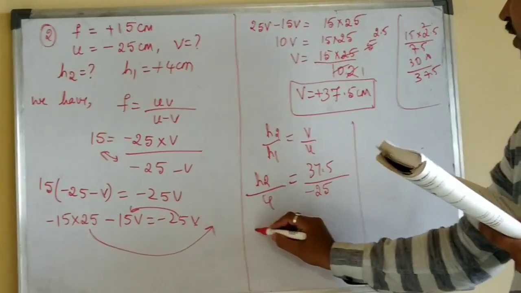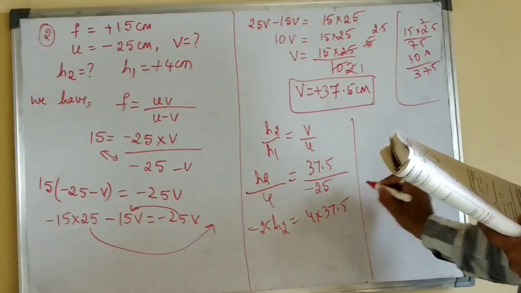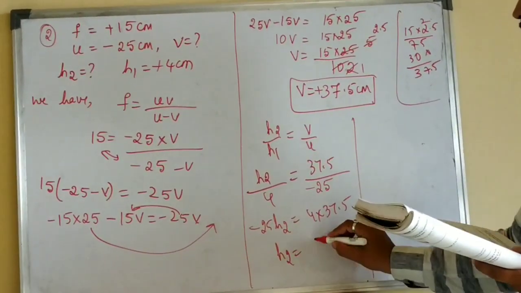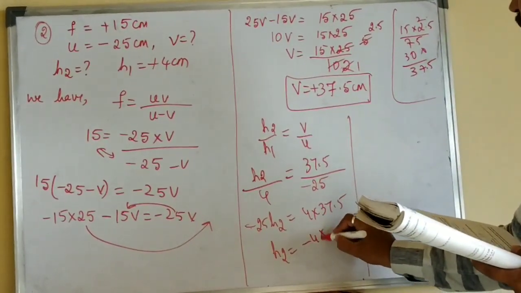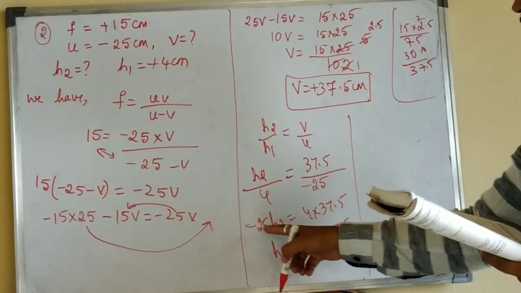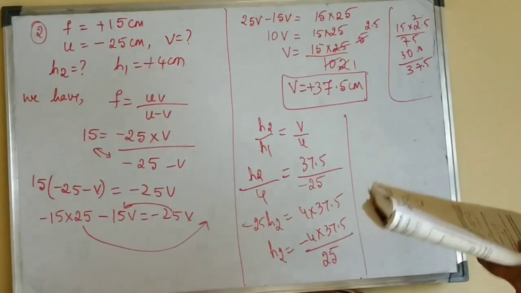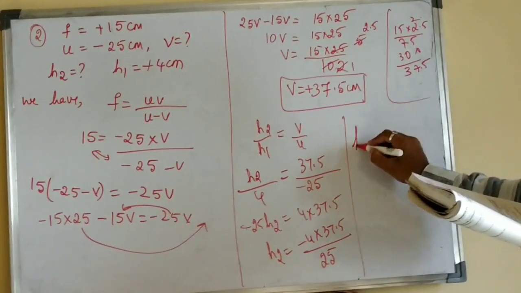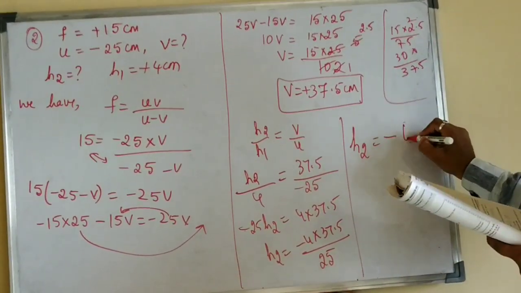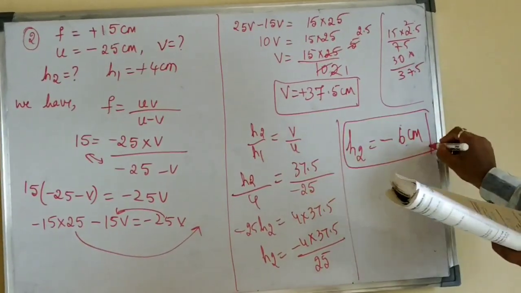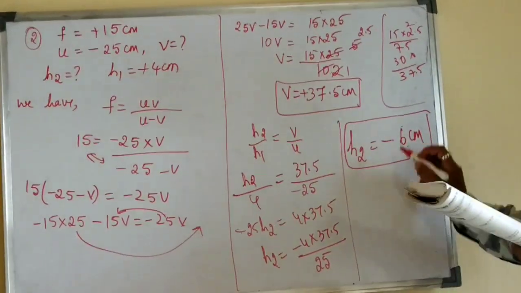Now cross multiply: minus 25 H2 is equal to 4 into 37.5, or H2 is equal to, bringing this minus sign to the right hand side, minus 4 into 37.5 divided by 25, which comes to the denominator. Now this minus sign has shifted to the numerator. If you simplify, you will get H2 is equal to minus 6 centimeters. So this is the value of H2, minus 6 centimeter,